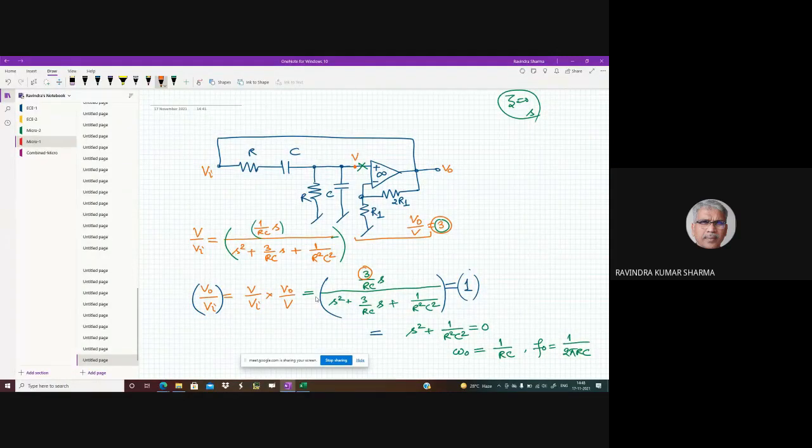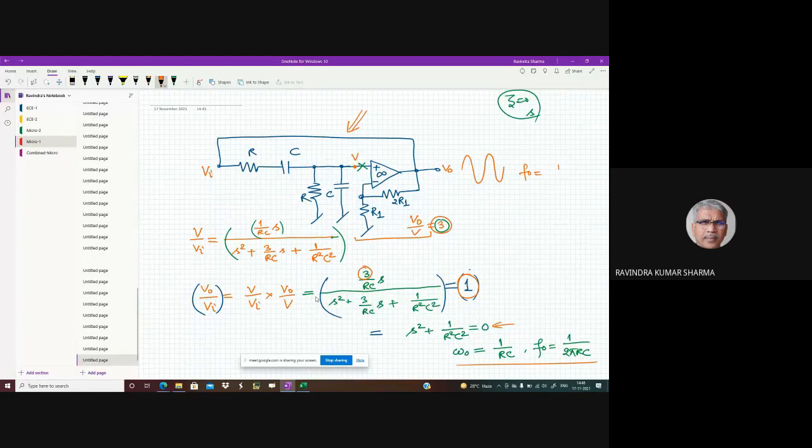VO को VI से कनेक्ट करते ही ये 1 हो गया, and then it has become like this, and I have a sine wave is now generated. This circuit is now generating a sine wave here. उस sine wave की frequency क्या है,